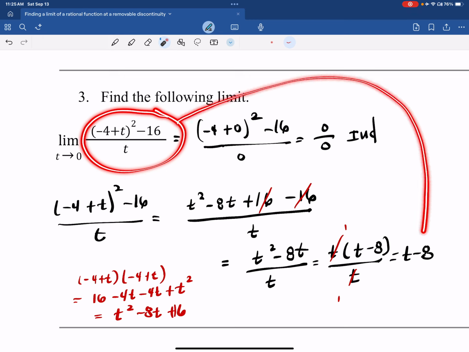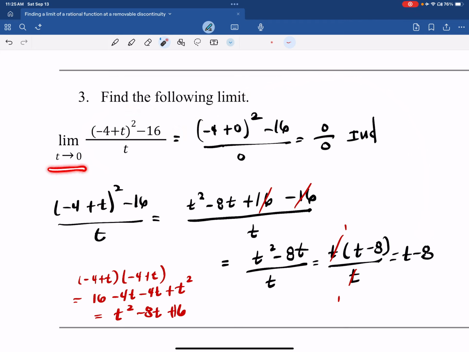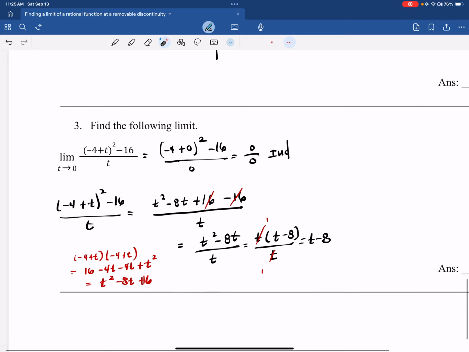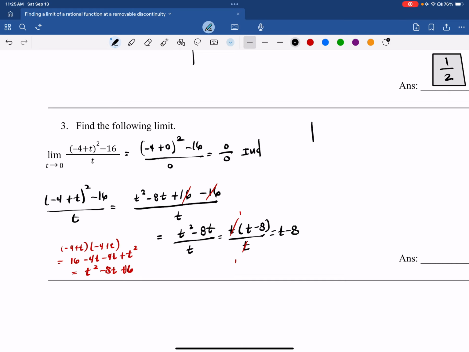The simplified version of that is t minus 8. So instead of evaluating the limit of the difficult function, we're actually going to evaluate the limit of the simplified function. So we know that this limit right here is equivalent to the limit as t approaches 0 of t